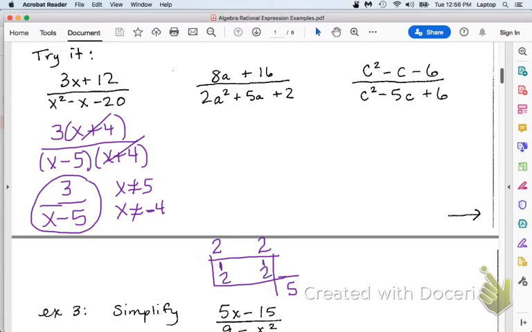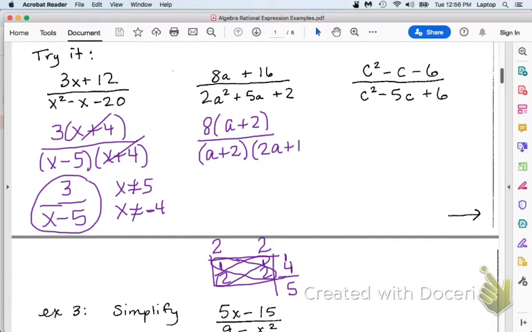Now to test it out, I would multiply across. 1 times 1 is 1, 2 times 2 is 4. Now I would add these together and they equal 5. So this will allow me to look at the cross pattern here. And the variable a goes with the first term. So I'll have my numerator becomes a plus 2. And then my denominator, I have an a plus 2. And then I also have a 2a